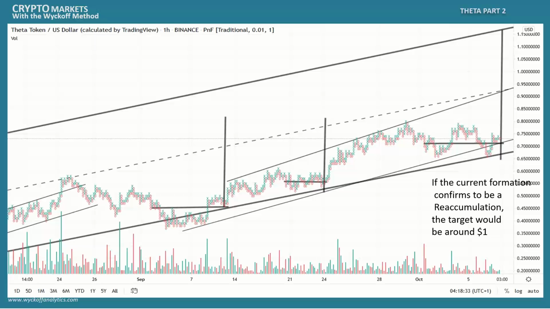And I think that we can even start thinking about the potential count if this formation will break out. And we see here that he will need to rest and consolidate. And this is exactly what's happening right here. So the question is, if this apex formation will break out to the upside, what could be the target? So the target would be $1. And this is very important because we have also this